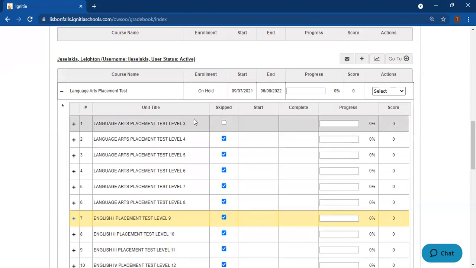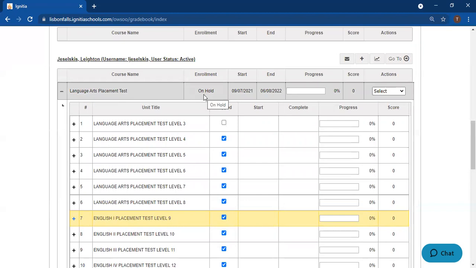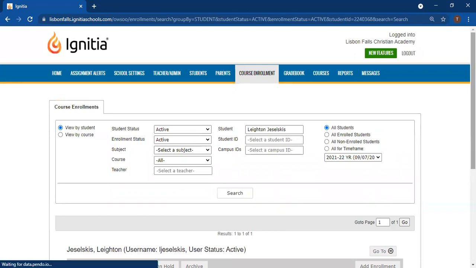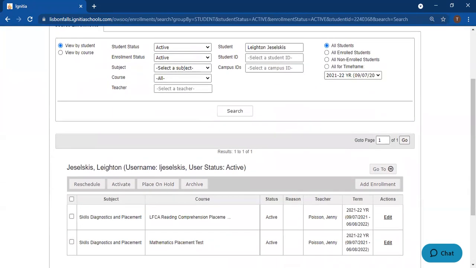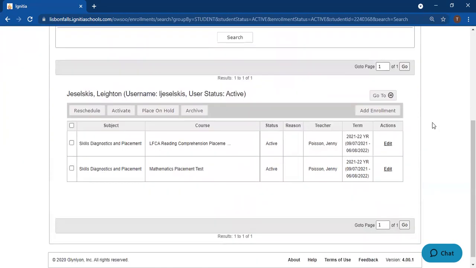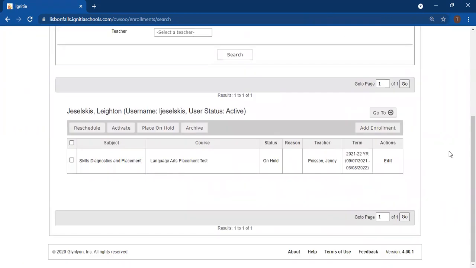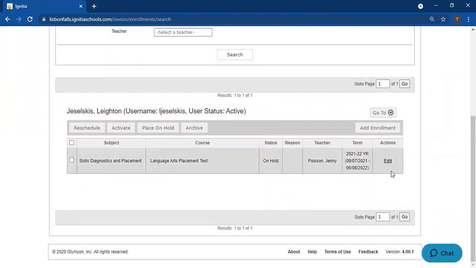But if we were going to activate this now that it's on hold, go by the person's name and click Go To Course Enrollment. And this is going to bring you right back to where we started from, which, by the way, we could have done when we were here in the first place. We could have clicked Go To and Gradebook. So there's a shortcut. And then you need to go up here and you need to go on hold, search. And there it is, edit,